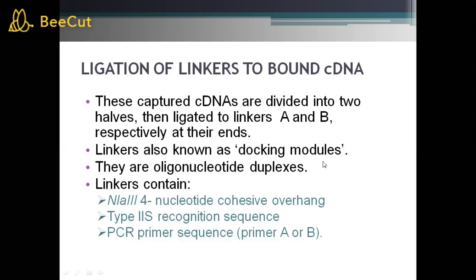These linkers are also known as the docking modules. They are oligonucleotide duplexes. These linkers are oligonucleotide DNA sequences that contain a recognition sequence for a type 2 restriction enzyme, then the NlaIII 4-nucleotide cohesive overhang, because earlier we used NlaIII as an anchoring enzyme for the digestion of the cDNA molecule.